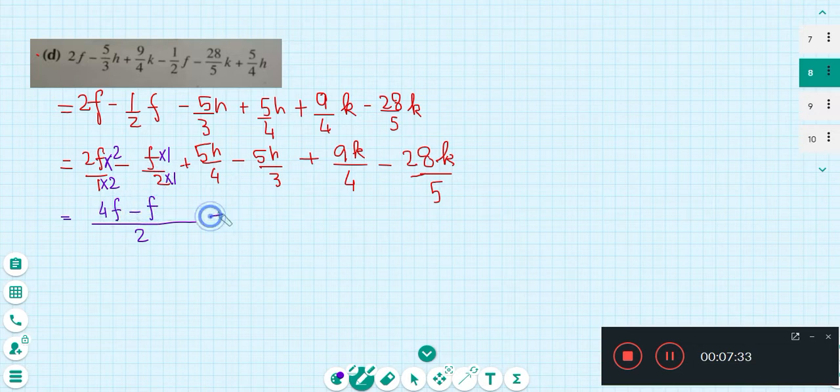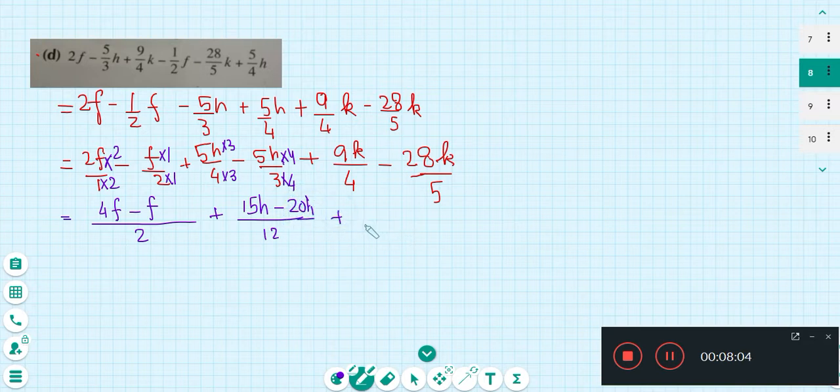Alright, then the next one, 4 and 3, the denominators. So their LCM will be 12. So it means 4 multiplied by 3 and 3 will multiply by 4. So 4 times 3 is 12. 5h into 3 gives you 15h minus 5h into 4 gives you 20h